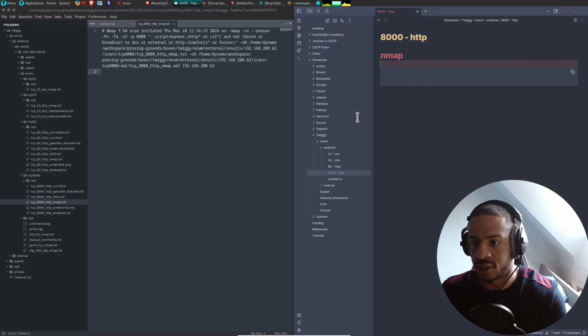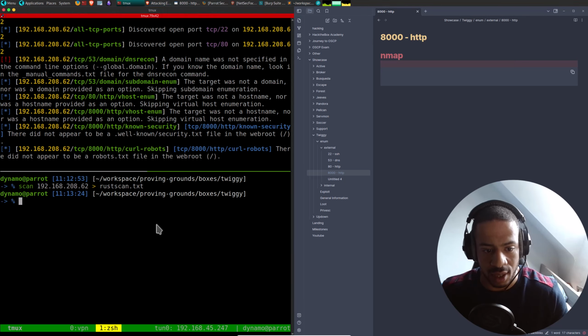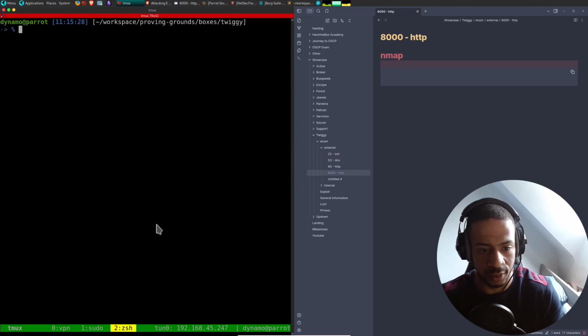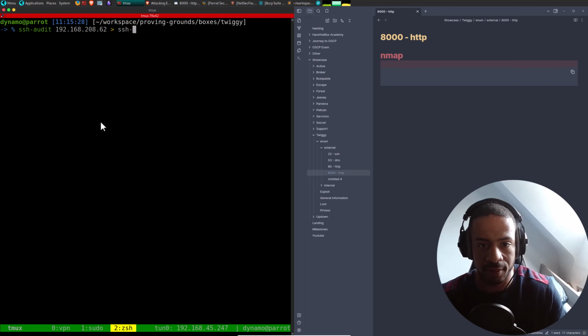HTTP like so. What I can, however, do already is let's do a few other things. So SSH audit on our IP. Let's copy it one more time. SSH audit, like so.